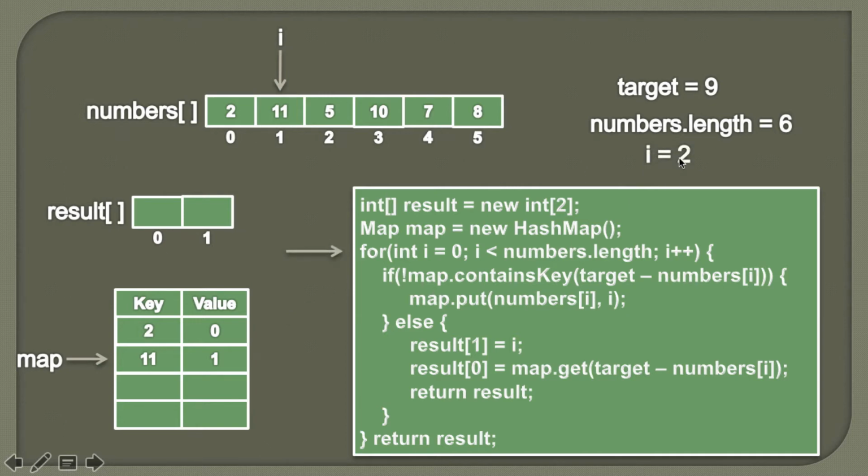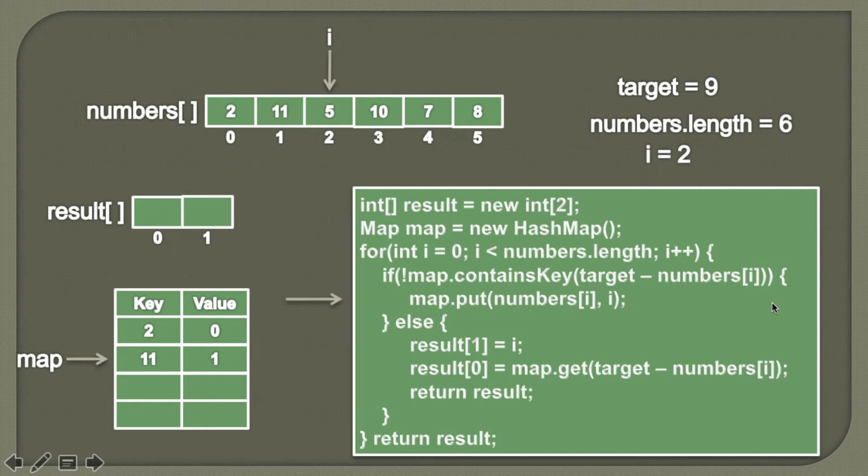so now I becomes 2 and it will point to the second index of the array. So we'll again check target, which is 9, minus the number at ith position. So the number at ith position is 5. So we'll check whether 9 minus 5, which is 4, is present in this hash map or not. So number 4 is not present in the hash map. Therefore this condition map.containsKey comes out to be false, and if we do the reverse of it, it comes out to be true. So the if condition comes out to be true,